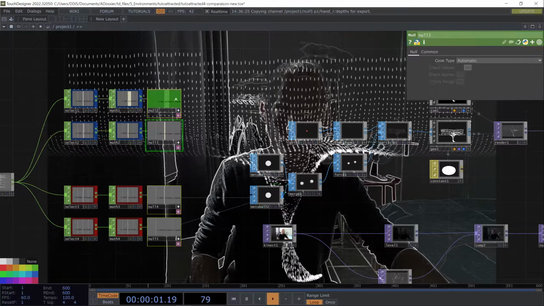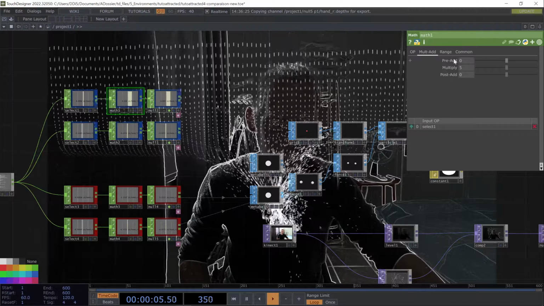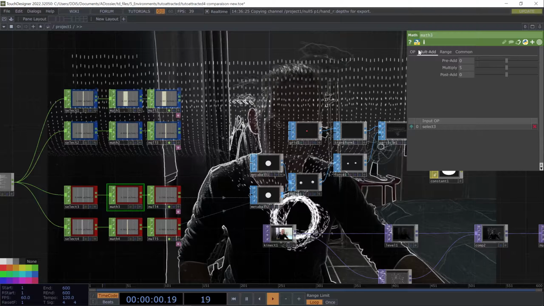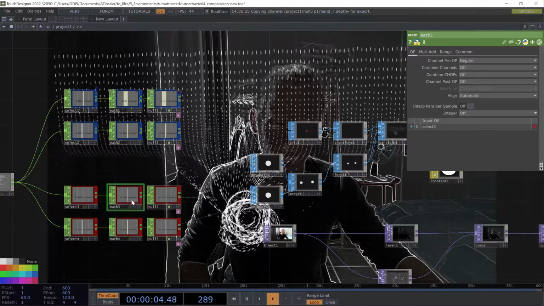Anyways, here we have the values connected. We go into the math there, change this to negate the first math, the U position,